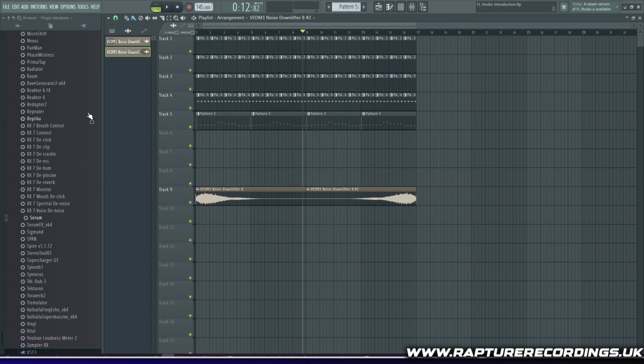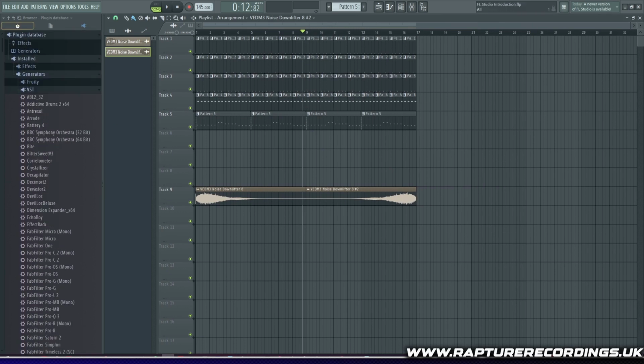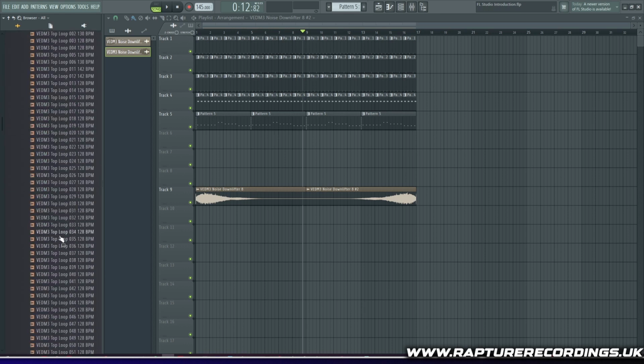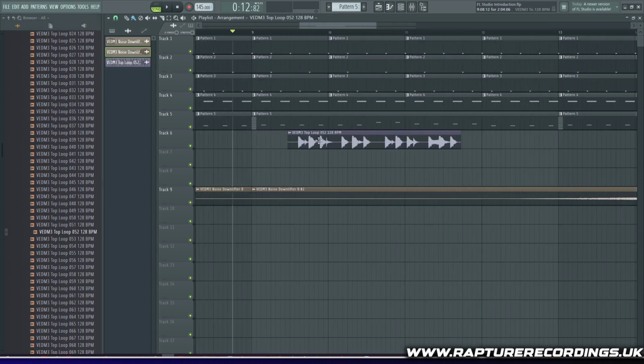And then obviously this next bit we want to add a bit more variation, so we'll go find like a top loop or something in this pack. Yeah, something like that in here will do. Yeah, that'll do. Drag that in, obviously the same again, we want to do the same as we did with